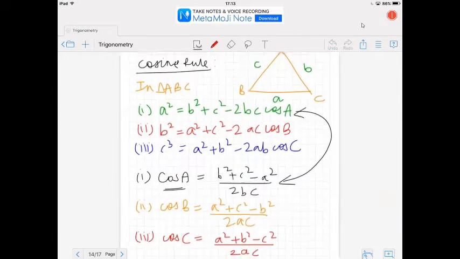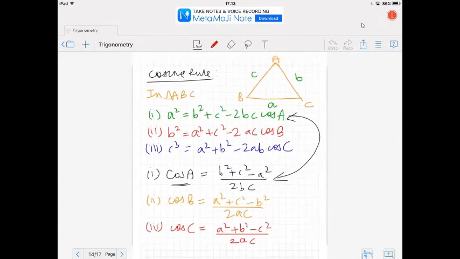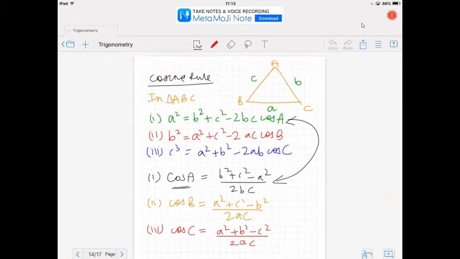So just understand that every time we talk about the sine rule or cosine rule, when we say that we are specifying this rule for triangle ABC, you have to understand that we will be using the standard notations that we did earlier in the sine rule also. So small a will always be the length of the side that is opposite to the angle capital A. Similarly for small b and small c.